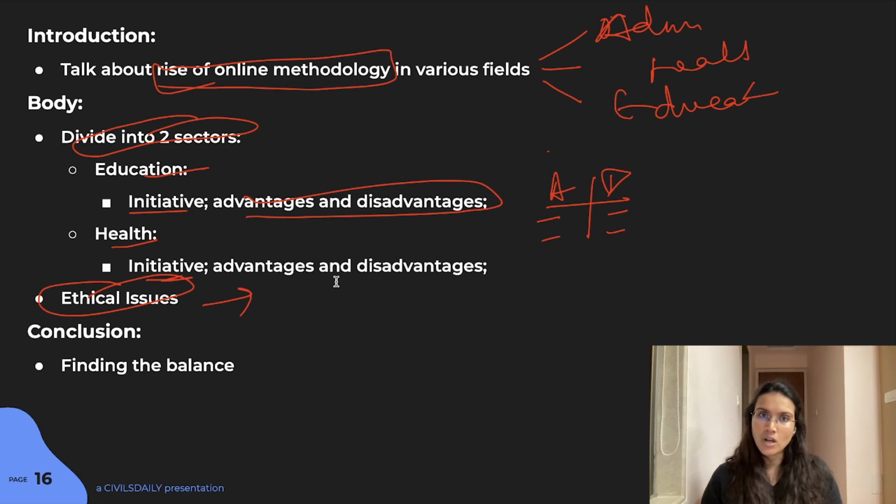Region-wise, you can talk about the northeast, how 4G and 5G services they get there. Even in troubled areas like Jammu Kashmir and some border-related areas, there are places where telemedicine is required, but because of poor internet services and everything, sometimes they get cut off. So again, there is not fair availability of these online methods.